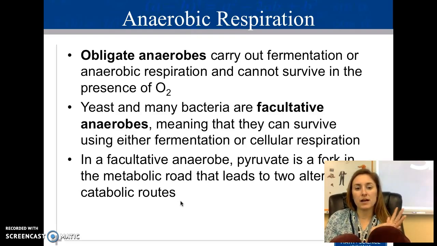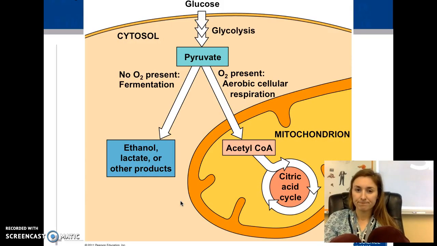In this, pyruvate is basically the fork in the road. If they can make it, it'll continue to make 32 ATP. If it can't, it'll stick in its fermentation cycle and just make 2. And that should say facultative. So if I end up not having oxygen, if I'm like a yeast cell, I will make ethanol and lactate. I'll go through my fermentation process, make 2 ATP, and continue that cycle. If oxygen is present, I will make acetyl-CoA, which in turn is used to fuel the rest of the cycle,